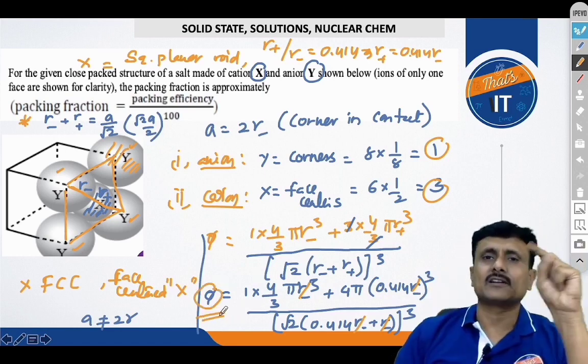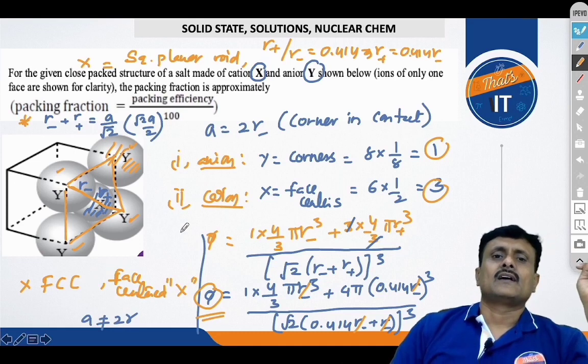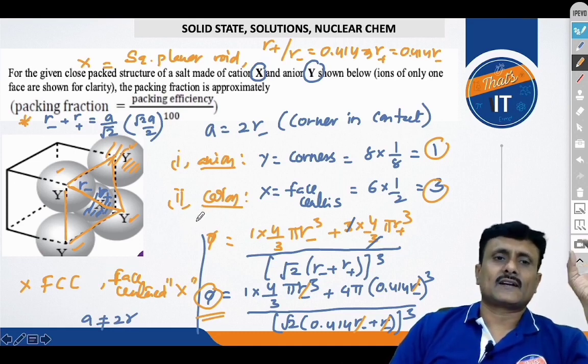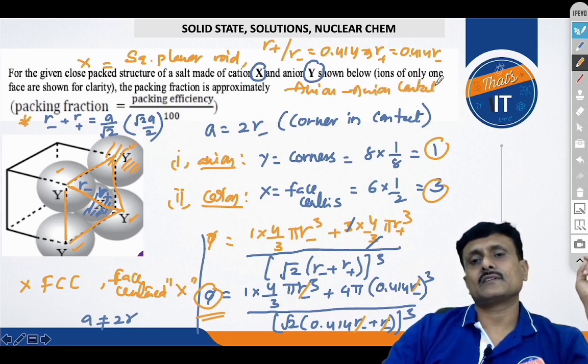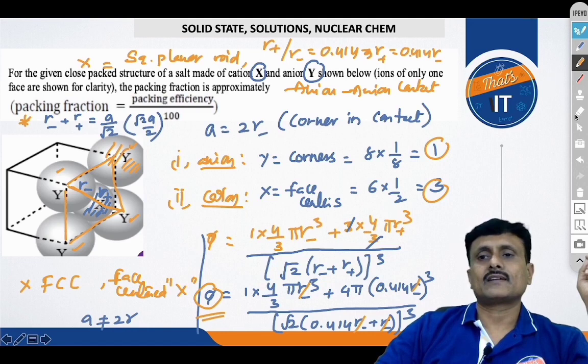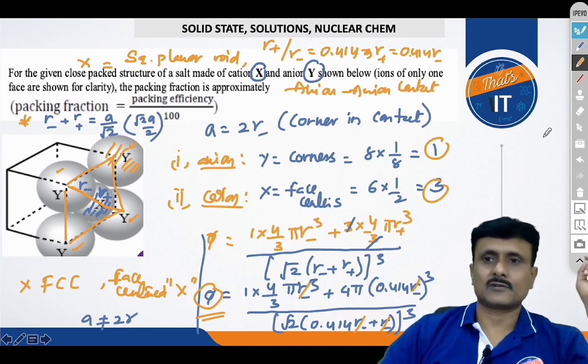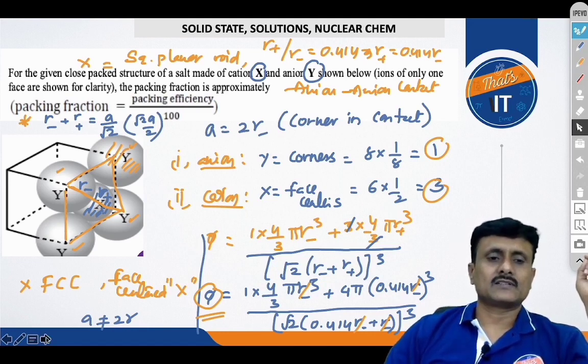The only point is that you need to identify that there is anion contact in this lattice. This is not FCC. Alright. So this is one of the interesting questions. What do you say? All the questions that are asked from this chapter are